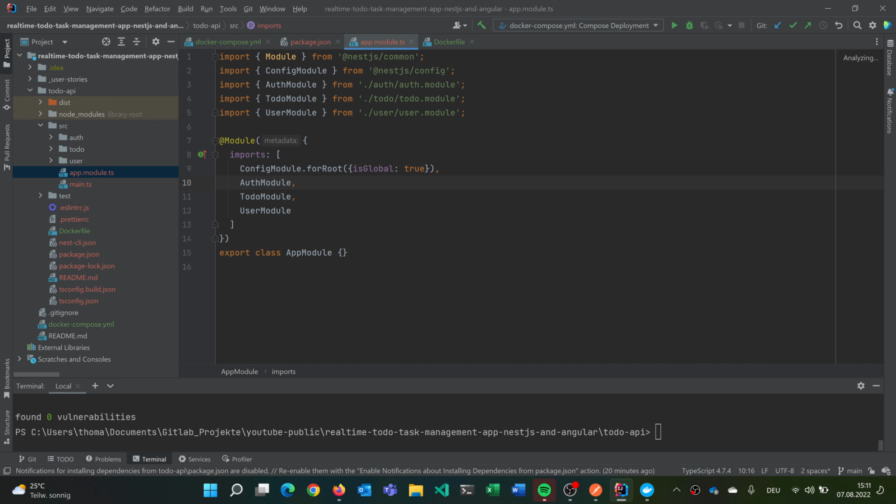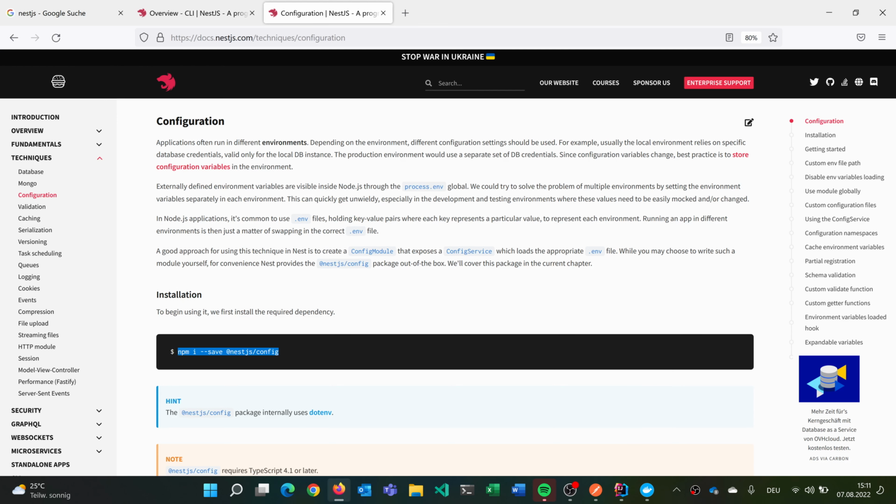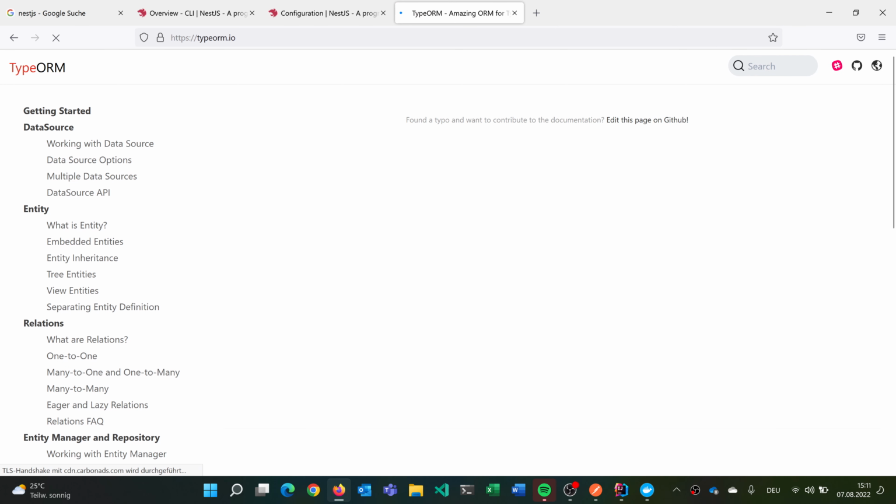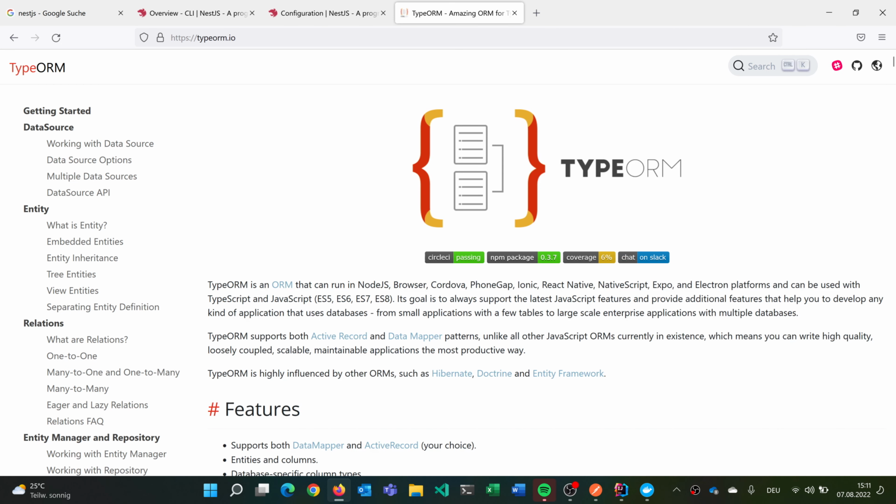So our environment variables, our Docker Compose. So now we need TypeORM, or we want to use TypeORM. And for TypeORM, we can just read through the documentation or have a look at it. TypeORM is an ORM for Node.js. It also has a nest.js integration, and we can use it with TypeScript. With this we have an abstraction above the database, so that this will handle everything for us and also give us